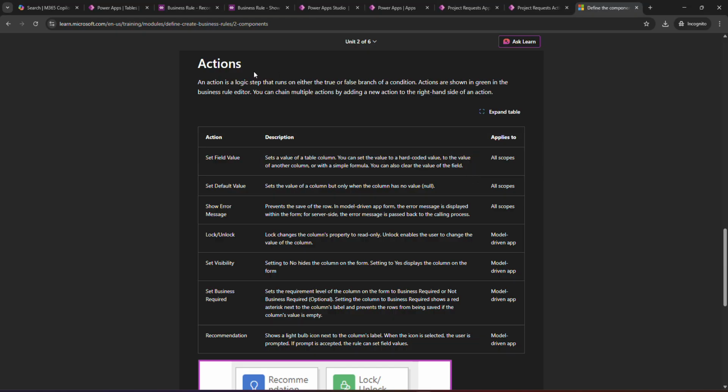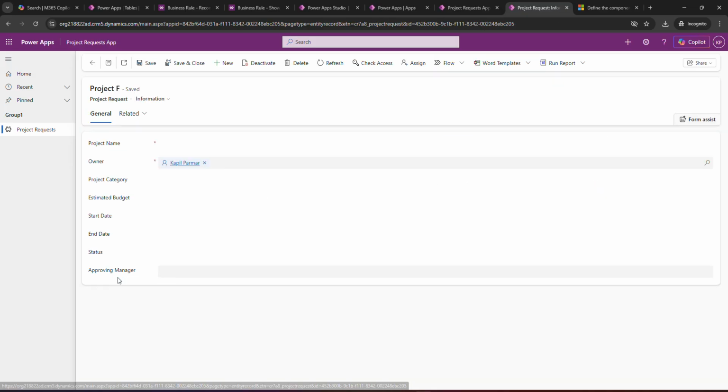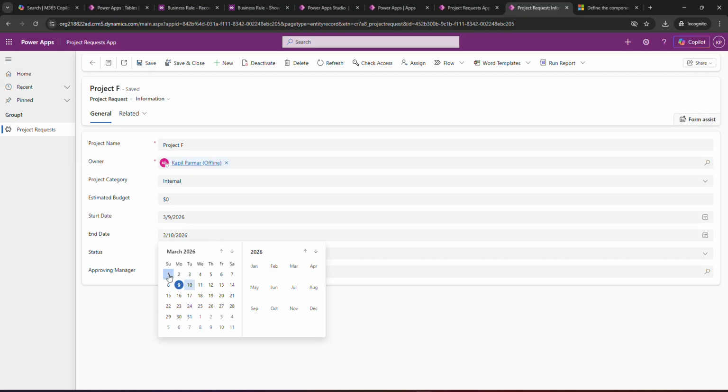After this, I want to show how this validation is performed. This validation is performed client side, which is done in the browser. It's not done on the server side. So I'll show this also. If I click on this record and make the end date smaller than the start date,